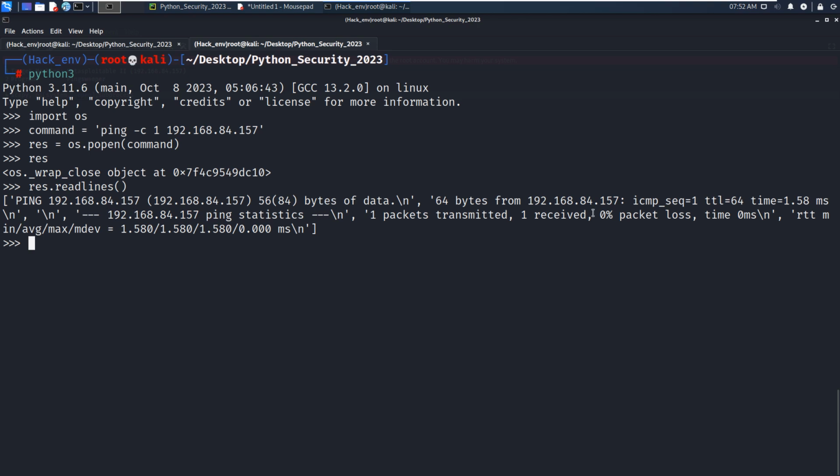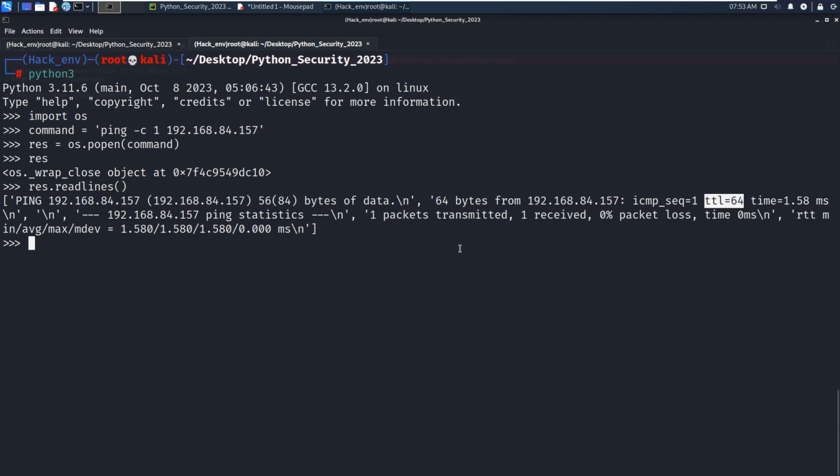Okay, and I think the characteristic of a positive response from a live host would be TTL. If we ping an unreachable host, you cannot see this string TTL.